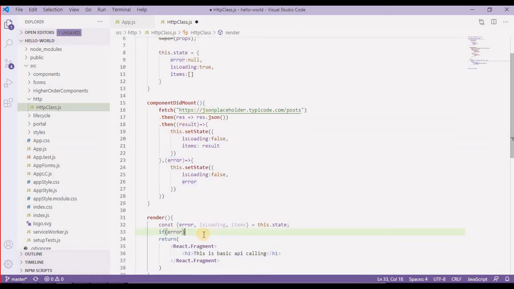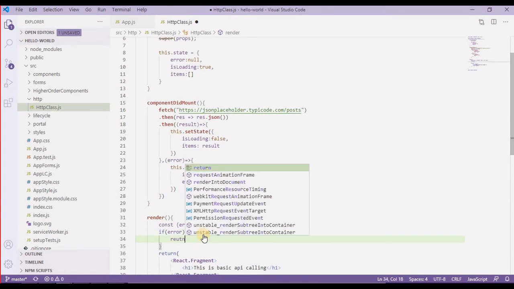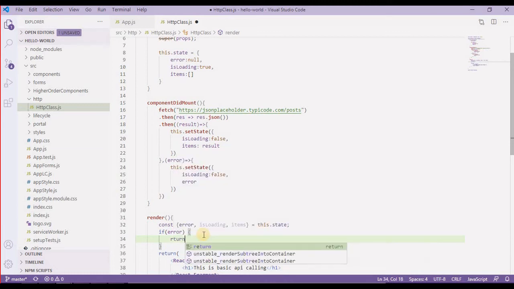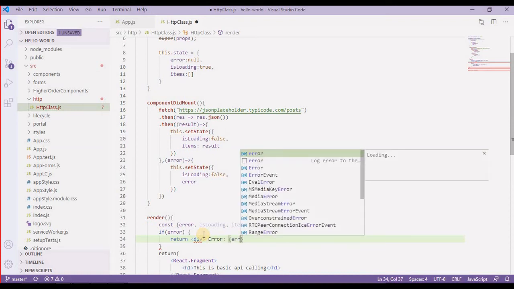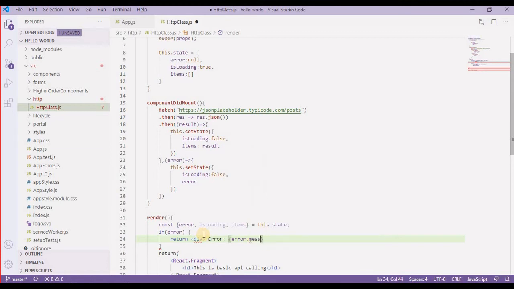So if error, I am going to return something like error dot message, or you can have a normal HTML message like error in fetching data.